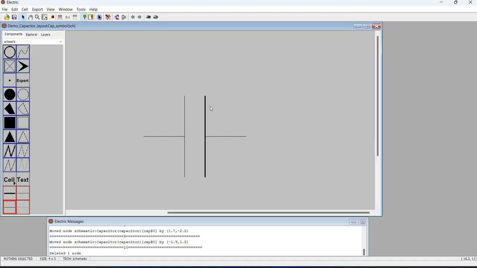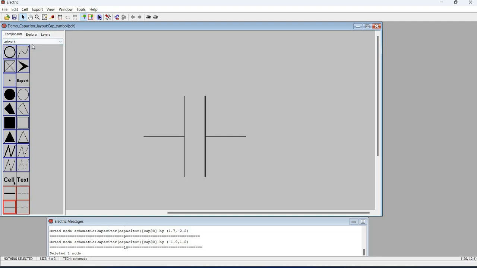Then you can include here the parameters that you want your capacitor to have. It won't have an effect since you're just going to lay out the capacitor later. So we're just going to assign an arbitrary value for your capacitor.